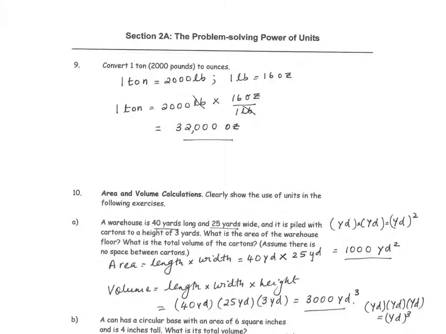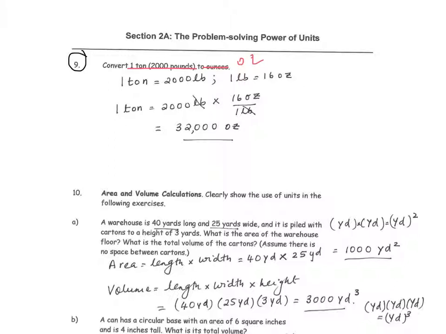Now let's look at problem 9. This is another problem in conversion of units. So we need to convert 1 ton, which is equal to 2000 pounds, to ounces. So we start off with 1 ton and we need to find its equivalent in the units, which is ounces,